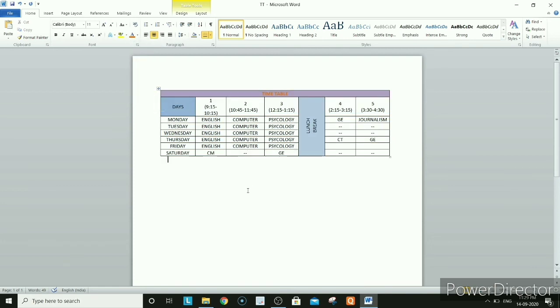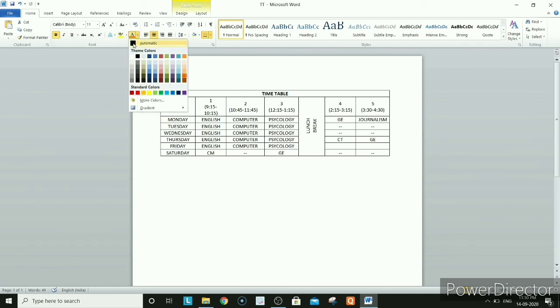Okay, so now this is my table. I don't want any color. I already kept a color, but now I am thinking I don't want color. So again click on this and come here, and give no color. So it will change. Now see, everything will change to white, that means your normal color. This also I don't want black. Okay, then let it be. Here select black. This is the original table that I kept.